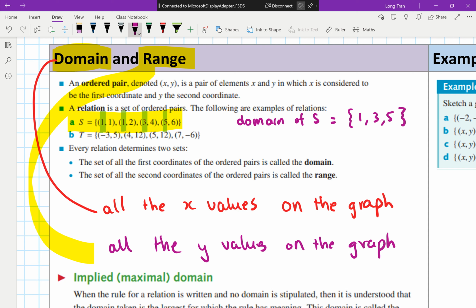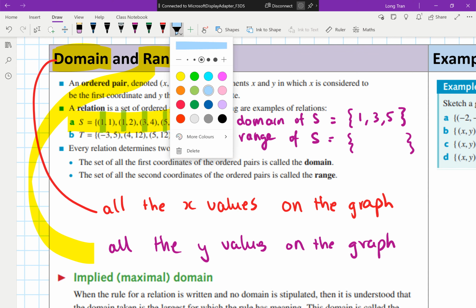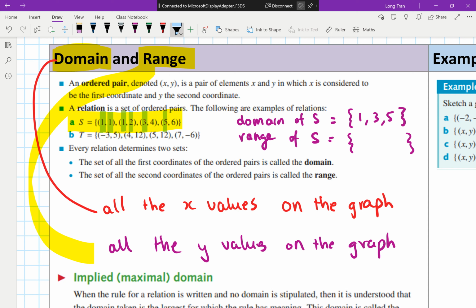Okay, where's my range? I'm now only looking at the y values. So what's my y values? Notice I'm using these squiggly brackets. You only use them when you're listing items. So I'm listing. Now let's have a look at the y coordinates. What are my y coordinates here? I've got 1, 2, 4, and 6. Okay, so those are my y coordinates. And I'm like, okay, well, that means I've still got another 1. I've got 4. And I've got 2, sorry, and I've got 6. That's my